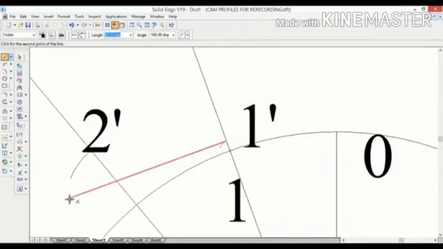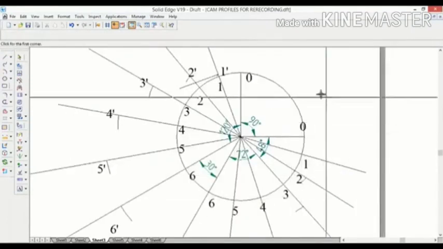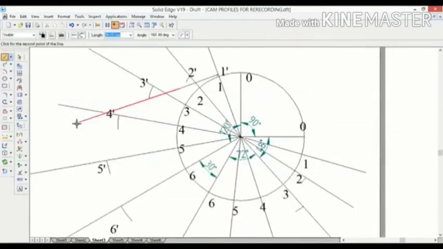So you're getting the tangent symbol. Draw a longer length line, nothing to worry. So extend that line. Tangent line can extend further also. Now similarly, do the same thing for 2 dash, tangent line, tangent to that arc. See, you're getting the tangent symbol. So tangent to that arc, you take line.